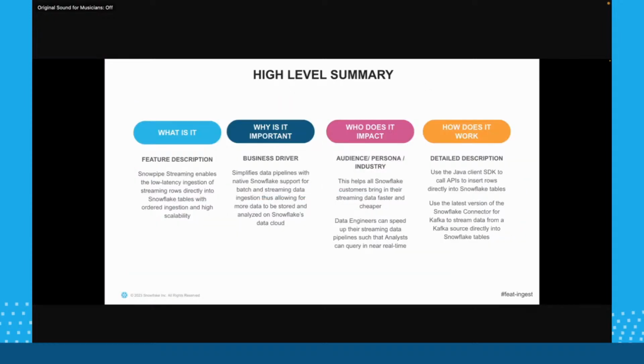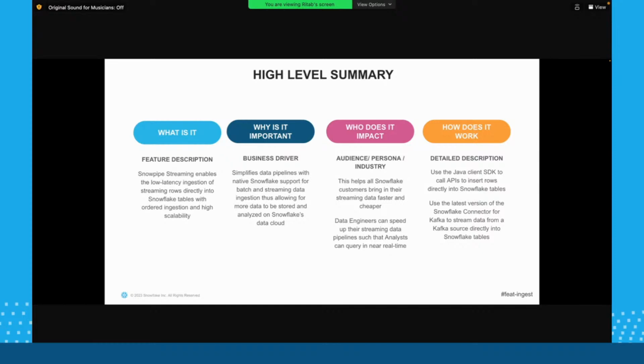Now let's look at a high-level summary of what Snowpipe Streaming looks like, right? I'm not going to go through the content on the slide, that's for you to read through, but hear me out while you are reading. Snowpipe Streaming is a low latency framework, right? It's not real time, it's near real time definitely, with less than 5 seconds latency. That means the moment data is generated at your source, within the next 5 seconds, you can take it to your target, which is Snowflake.